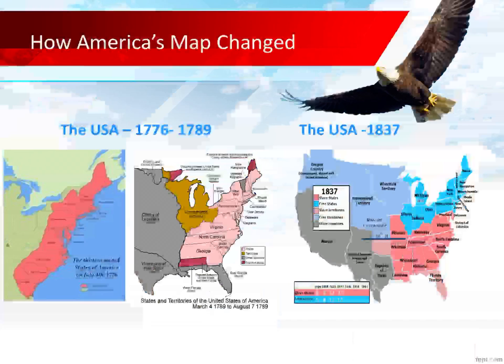But America is changing. When our country was first founded, the western border of the United States was the Ohio River. You guys go to Point Park and look across at the Ohio River. The other side of the river was not the United States on July 4th, 1776. By 1837, we have territory that goes all the way to the Pacific Ocean with the Oregon Territory. So our country is growing very quickly. And how we handle that growth is one of the major themes of this period. What are we going to do?